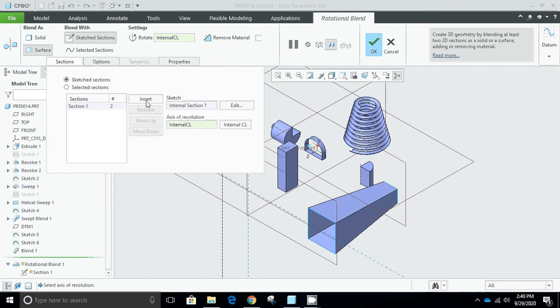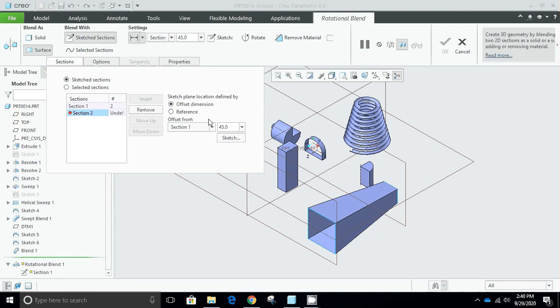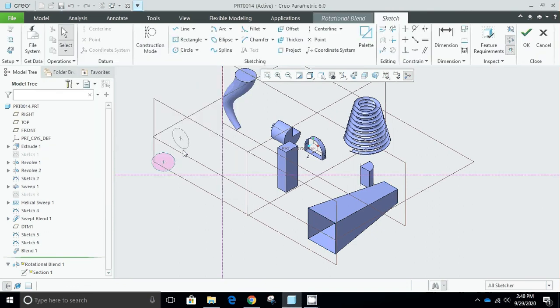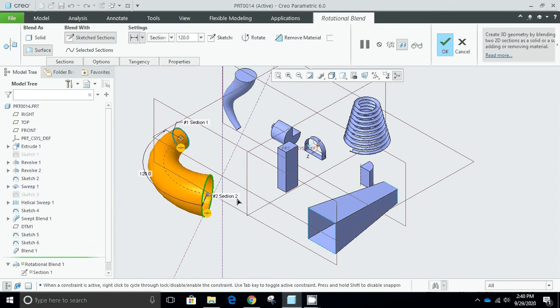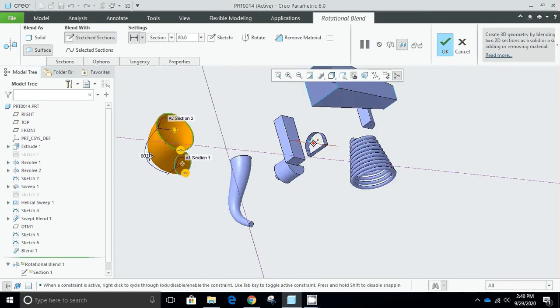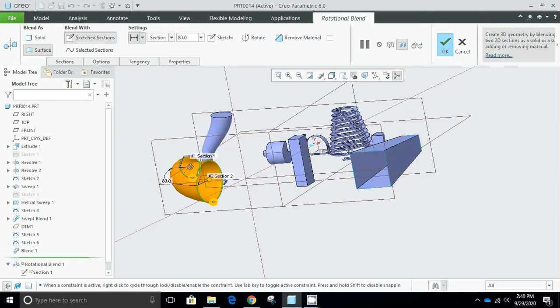and go to sections and insert the second section sketch, like circle. Okay, so now it is a surface type rotational blend feature. Like if I set it to 90 or less than 90, I can have a rotational blend like feature. It is hollow from the inside,